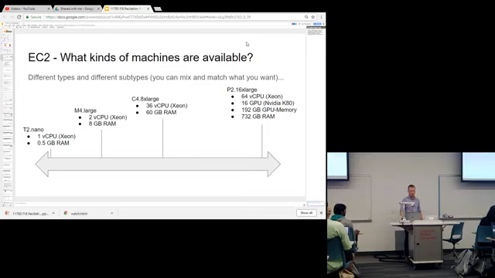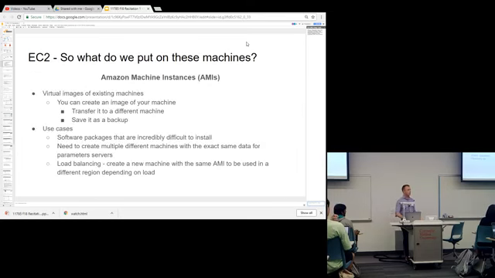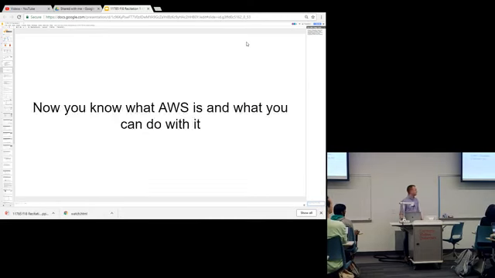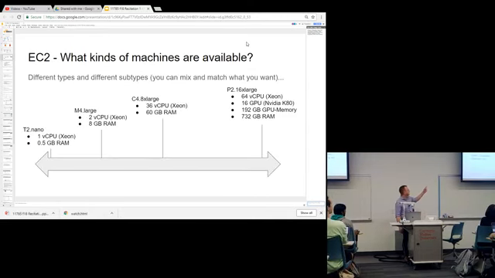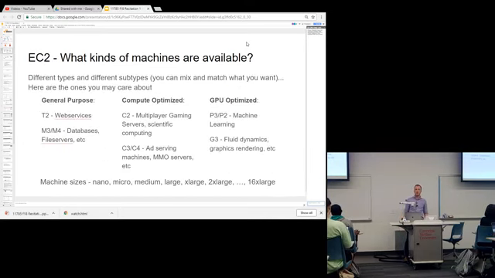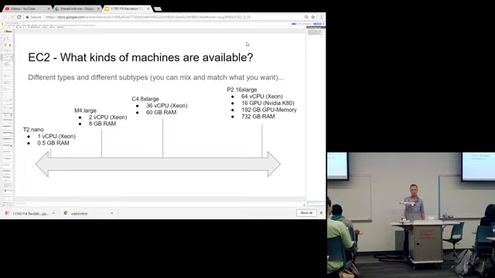Once you enter the AWS world, there's a whole bunch of terminology and names, and you'll sort of figure these out in EC2 through these different things called instances, and these basically specify a configuration of